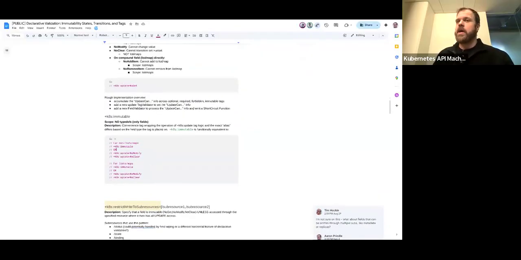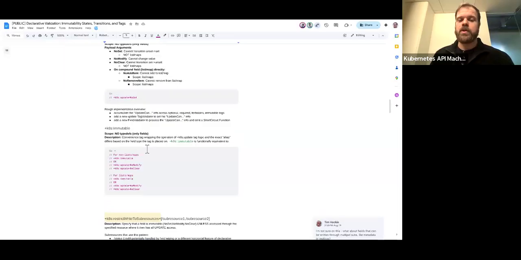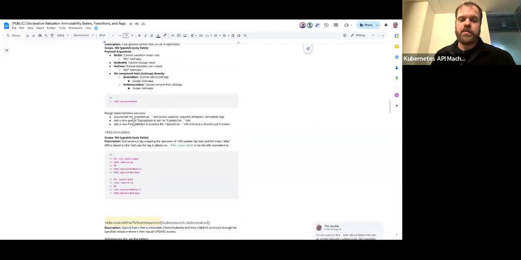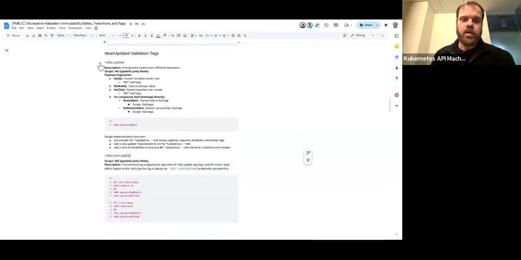So this way, in the API you might find something that can be set or unset at the start, or can transition from unset to set, like a controller maybe creating the field or modifying it initially. But then, once it is set, it is required essentially. So this can be modeled with different transitions, and you can also have something fully immutable where even if it was unset initially, you cannot set it. And so we have this update tag, which has the granular controls, and we have immutable, which is the sensible immutable concept as a shorthand for the update tags. But that's where we are today.